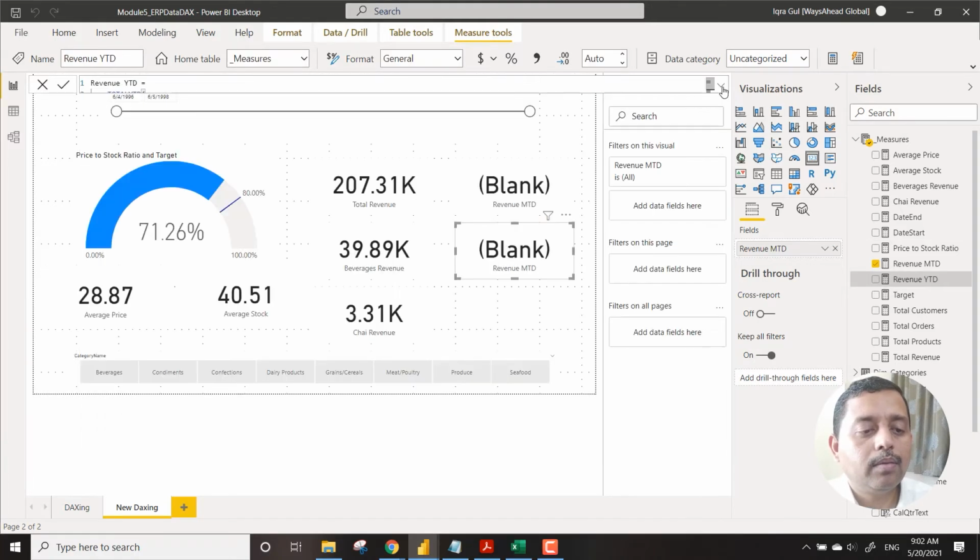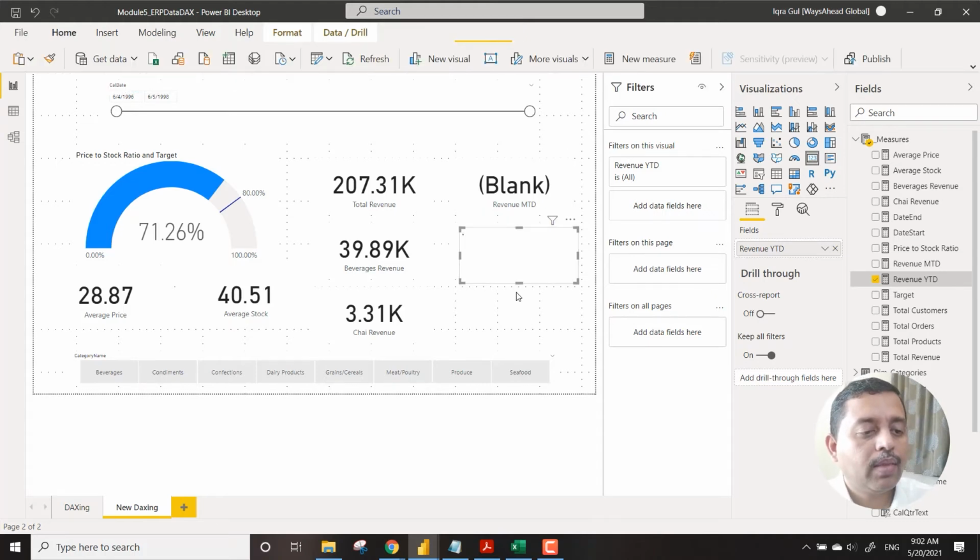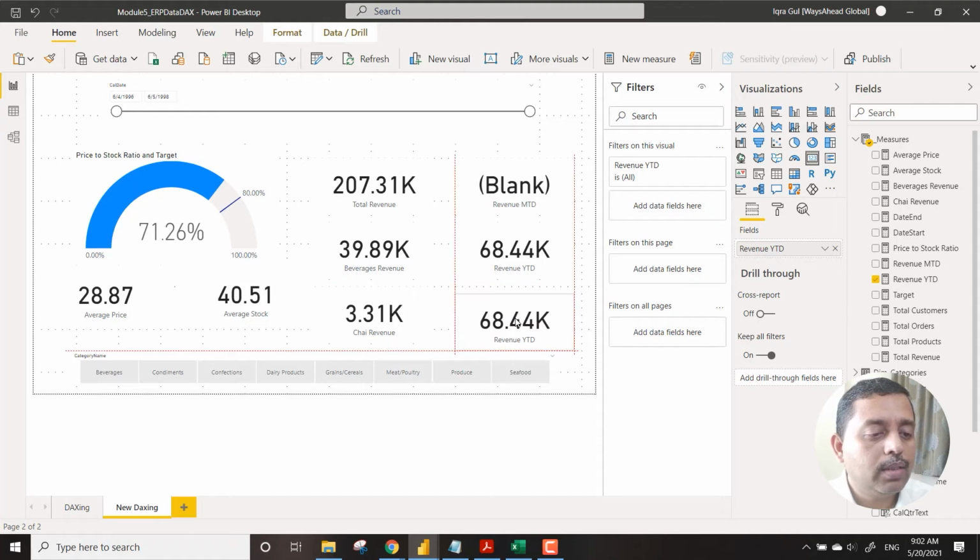Revenue YTD. So you can see that it has brought in the revenue YTD. So we will talk about the MTD in a short while. So what is the issue? We will just check that.